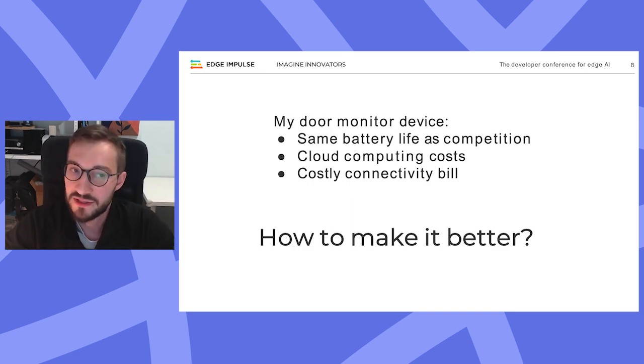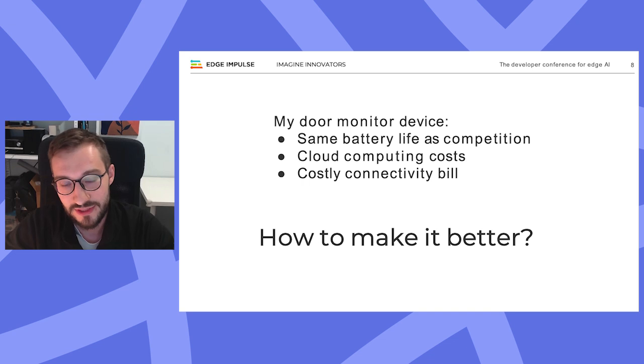So it's a very simple process in engineering terms, but we end up with a device that actually has the same battery life as the competition. We have a device that has computing costs, because every time the door is open, we're sending some motion data and we're analyzing that data in the cloud. And we're also ending up with a kind of costly connectivity bill. Again, for the same reason, because every time the door is moved, we're sending some amount of